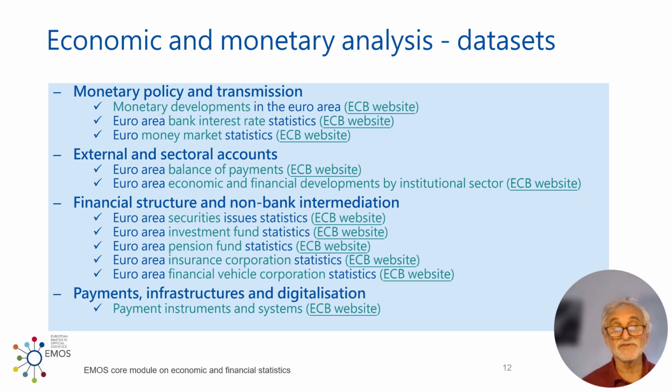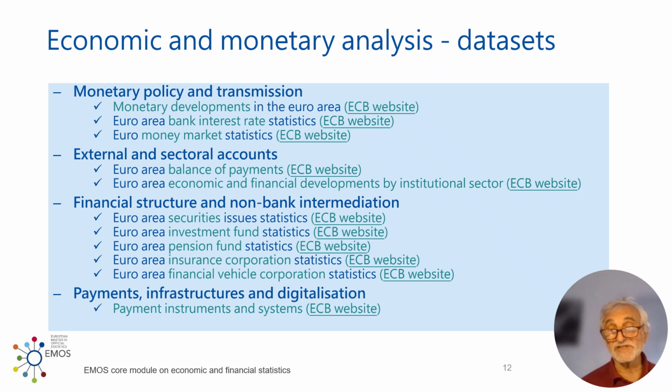As I mentioned, all this information is available on the homepage of the ECB, and you have the links here where you can get directly to the relevant parts. But that is the part which the ECB or the Eurosystem produces itself. As I mentioned in the transmission mechanism of monetary policy, you need much more information. You need information on wages, on prices, on exchange rates, on asset prices, etc.